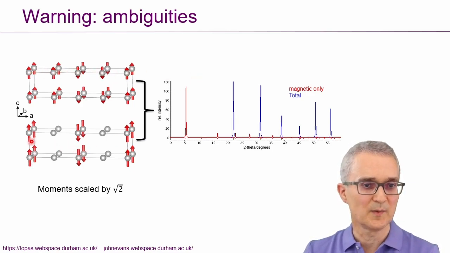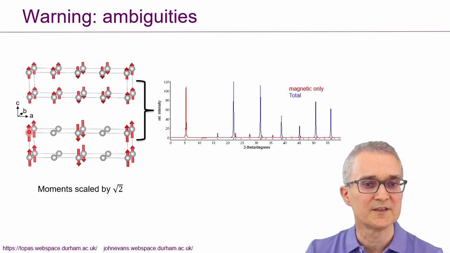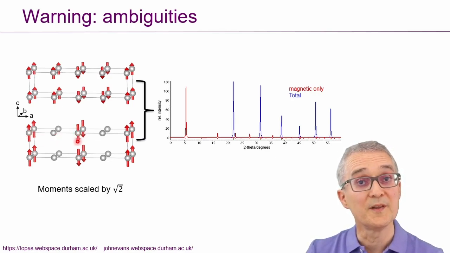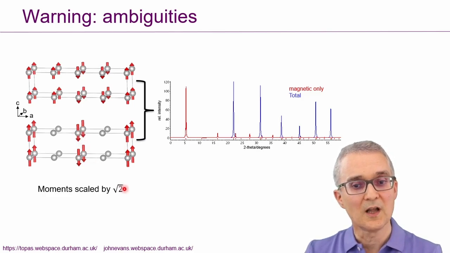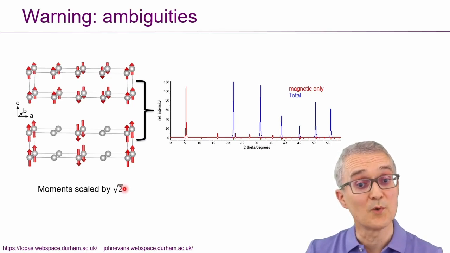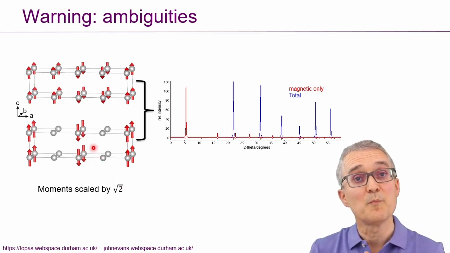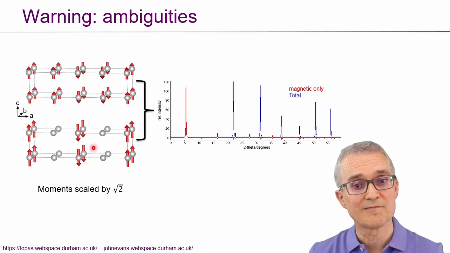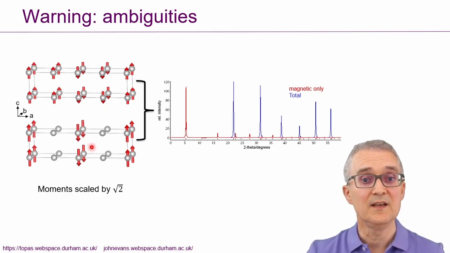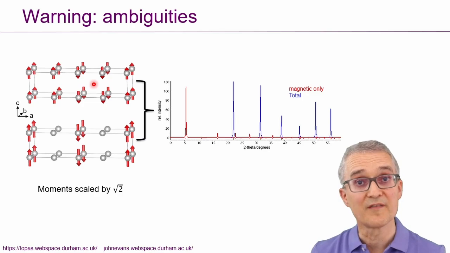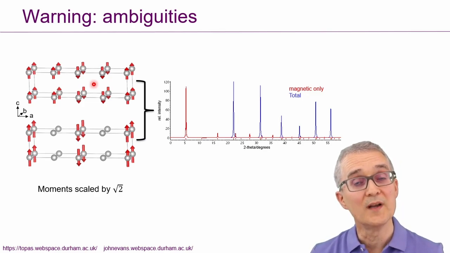And in the second simulation, I've put a moment on the first atom up, no moment on the second atom, and I've put a moment down on the third atom along. And I've made the moments in the second simulation larger than in the first by a factor of the square root of 2. It turns out that the neutron diffraction patterns for those two materials are absolutely identical. Even though these magnetic structures look very different to each other, there's no way of distinguishing them by powder